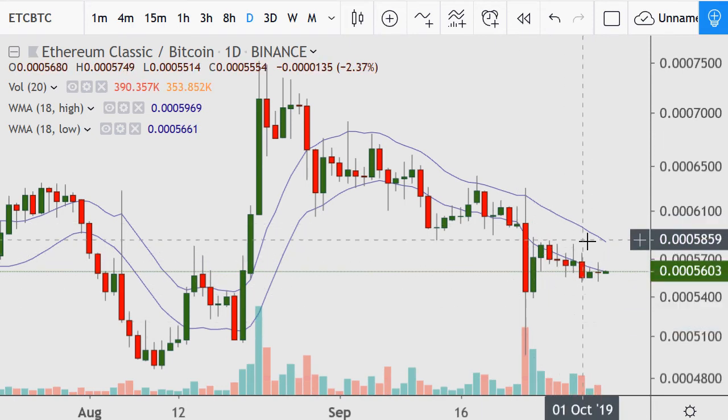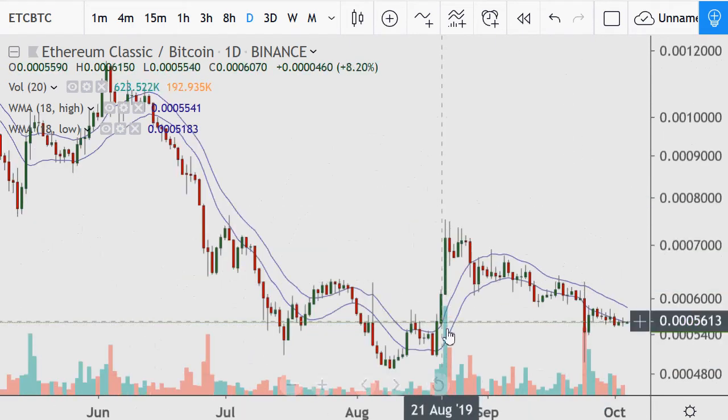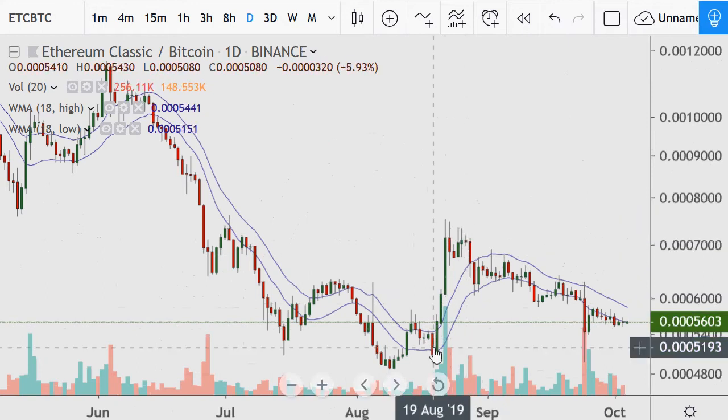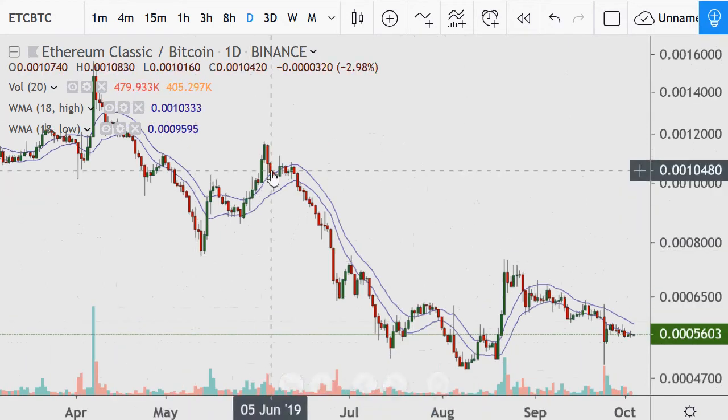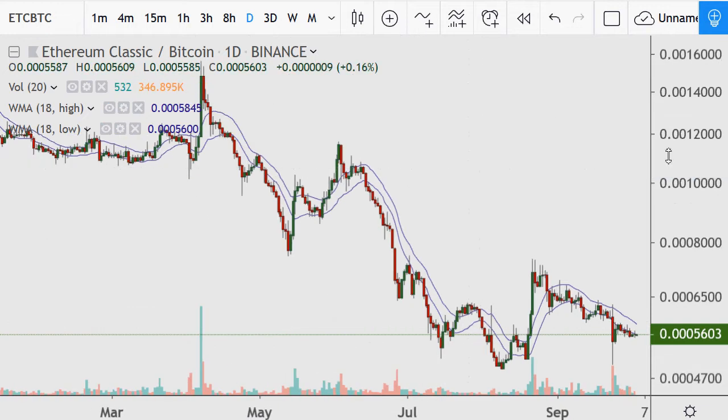Any quick rallies, I'll be looking to the 18 average of highs, and like you see here, three big candles when it went up in here after it corrected its first lows. Another way of saying they go up faster than they go down, and you can see such is the case here.